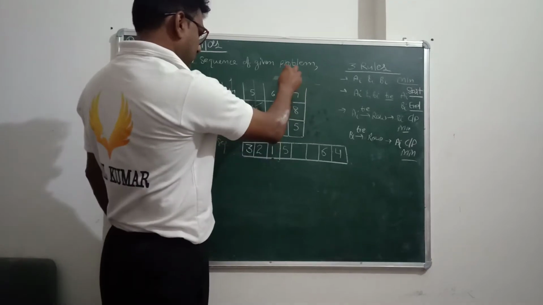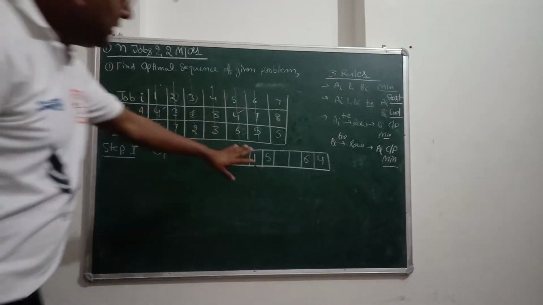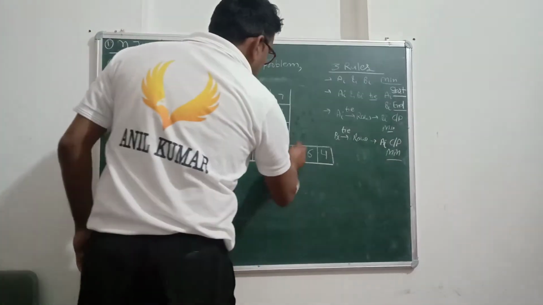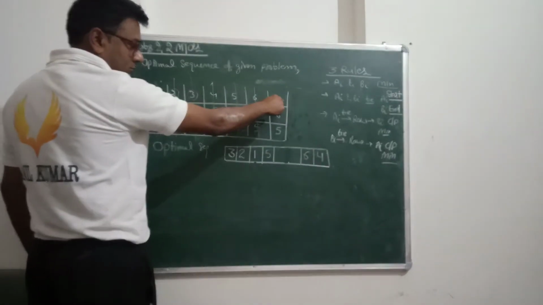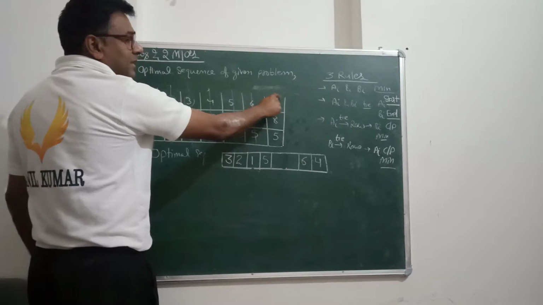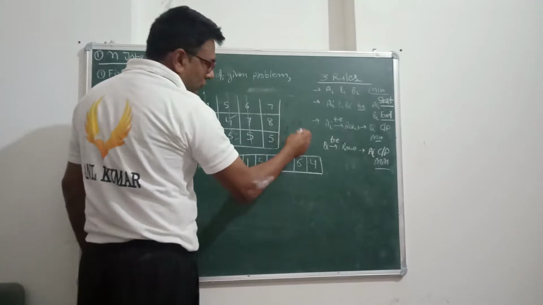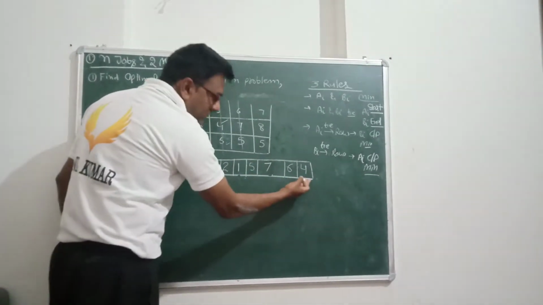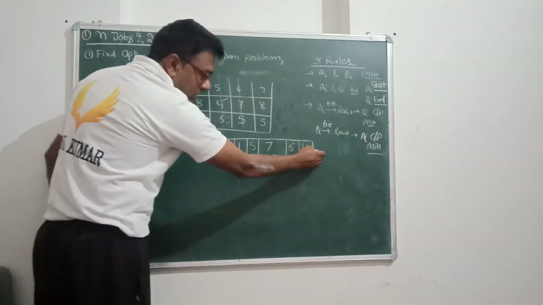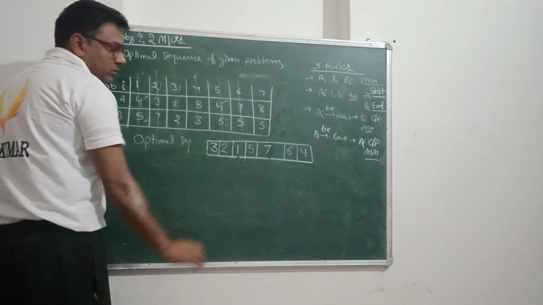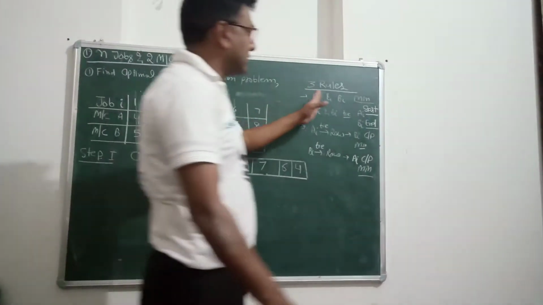This has been cancelled. Okay, and the only job which is remaining is job number 7. It is the last remaining job, so we can enter this job here. But what we have to follow for machine B is that we always have to enter the job from the ending sequence. So this is the optimal sequence, and these are the different rules we have followed.